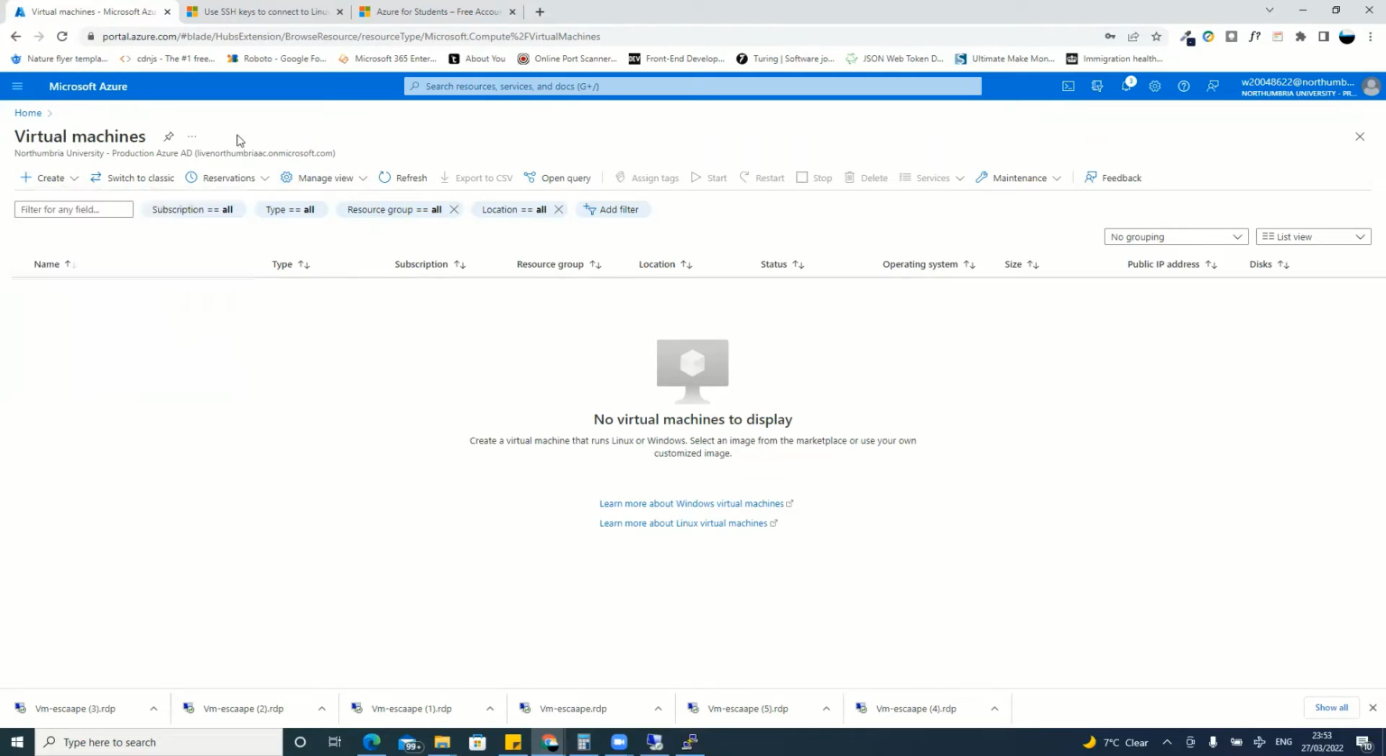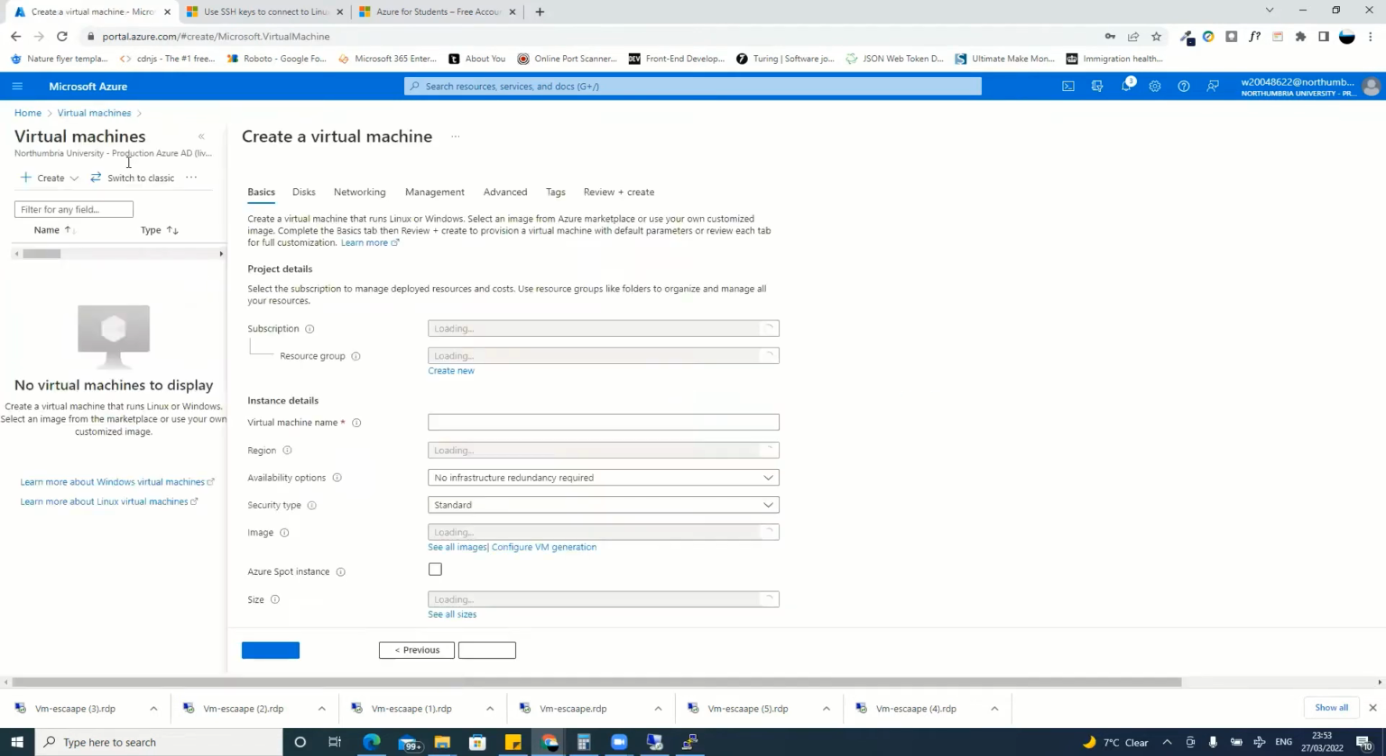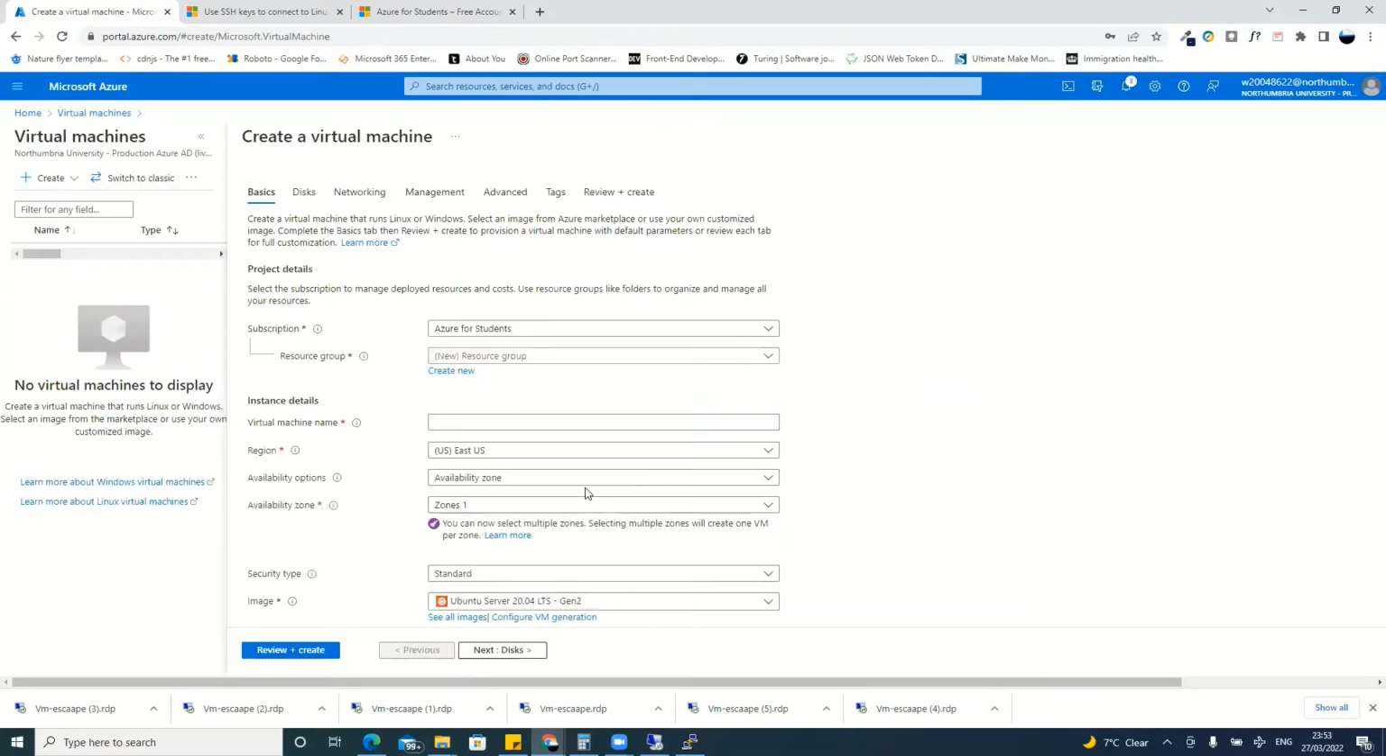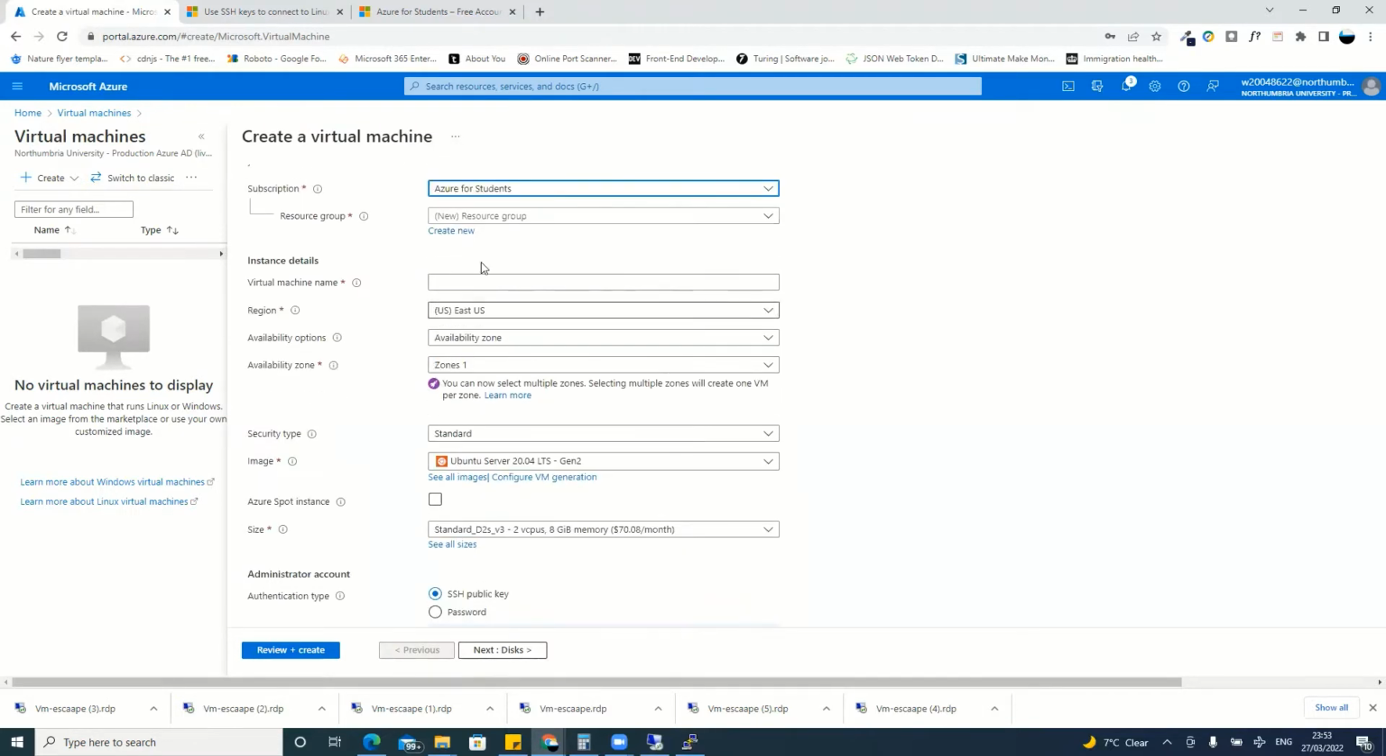What we want to do is just create a normal virtual machine. So you click on this normal virtual machine, and it will prompt you to create a virtual machine. For the subscription, I'm using Azure for Students. For the resource group, I've created two resource groups before, so I can just use one of my resource groups, test. Then for the virtual machine, I can call it,